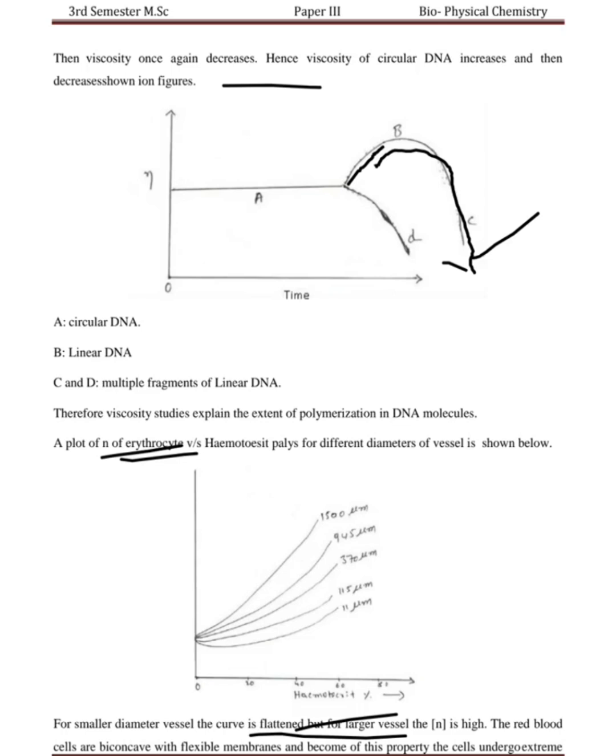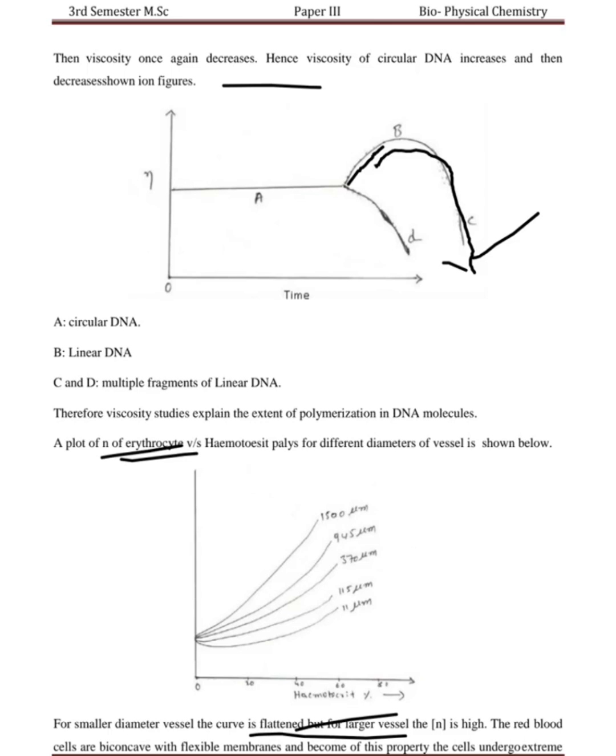So here it represents the plot of erythrocyte versus hematocrit for different diameters of vessels shown below. For smaller diameter, the vessel curve is flattened, but for larger vessels, it is high. So the blood vessels, because of the biconcave and flexible membrane property of the cells,